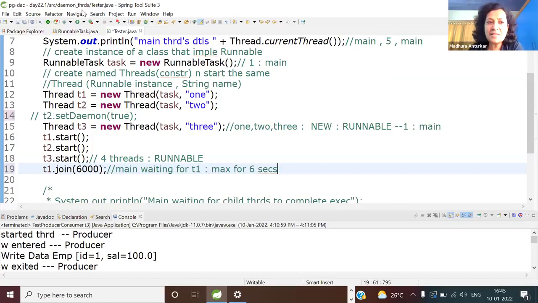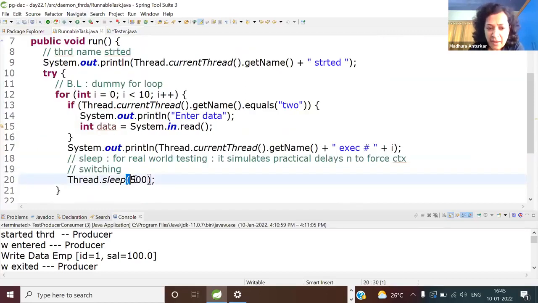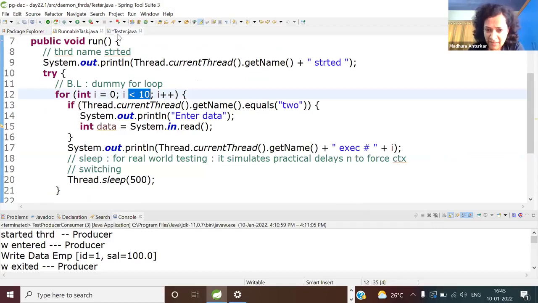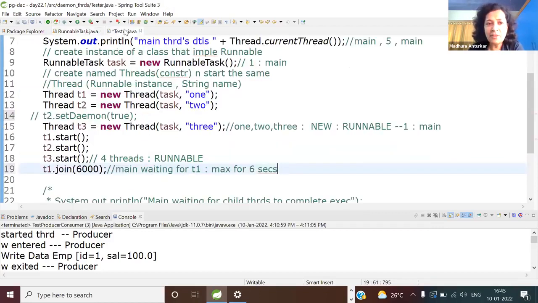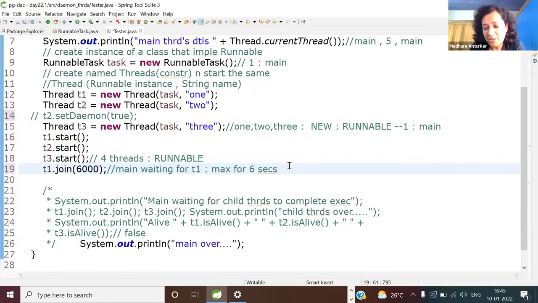Why? How did I count 6? Little bit of math. 500 milliseconds sleep, 10 iterations, so 5 seconds. So I just gave a benefit of doubt as in timeout, so a little more, so 6 seconds. So anyone wants to tell me, is your main thread really going to wait 6 seconds or is it going to continue to the next line before 6 seconds?